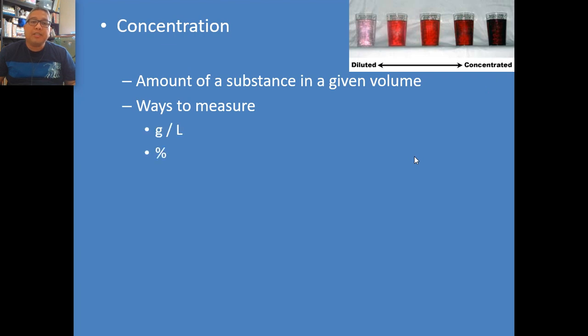So one way to measure is grams per liter. Obviously, the higher the number of grams, or mass, per liter, the more concentrated it is. So let's say we've been talking about COVID-19, right? Dr. Hinshaw will tell you to use at least 60% or higher alcohol in order for it to be effective for killing the virus or the bacteria, right? So we use percentage too.